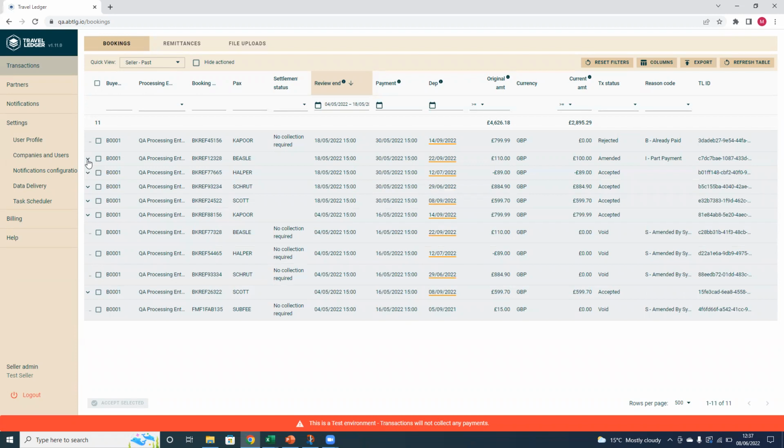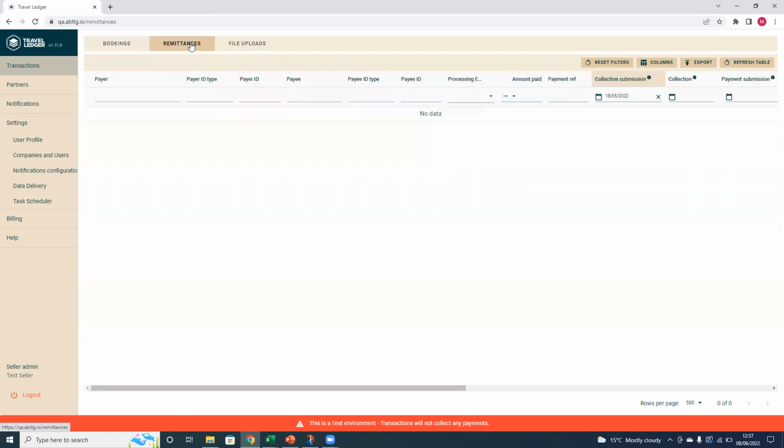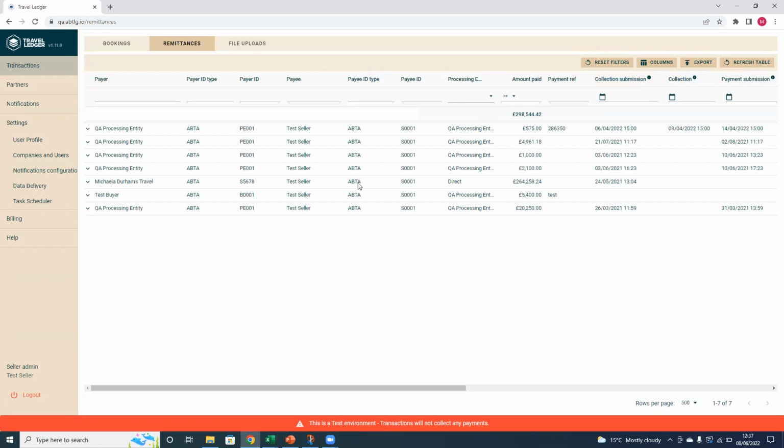Alternatively, the other view on remittances flips that on its head. We click into the remittance tab here, and then we use the filters to find some remittance. It goes on to the last collection submission as a default filter, just to reduce the amount of data that comes back. But if I remove that for now, just so we've got some examples, because this is just the demo area, you'll see examples of remittance here